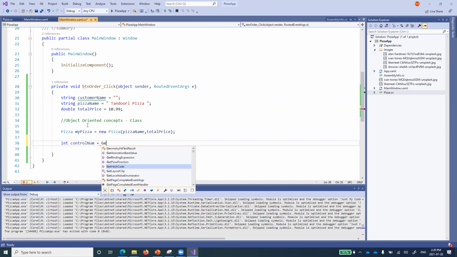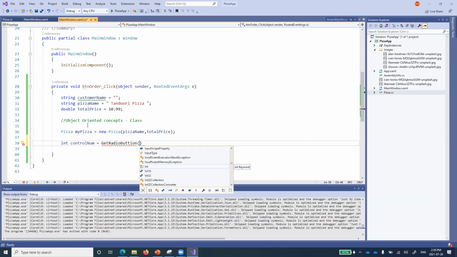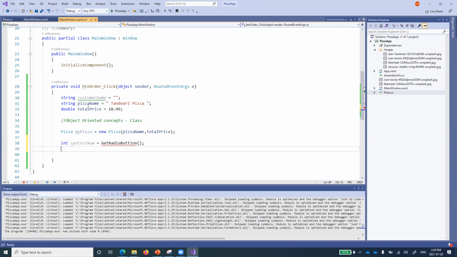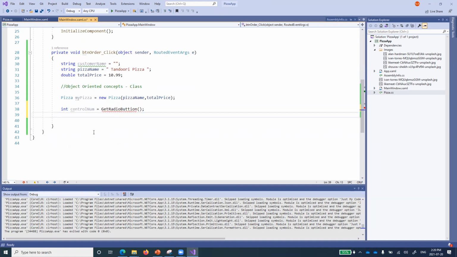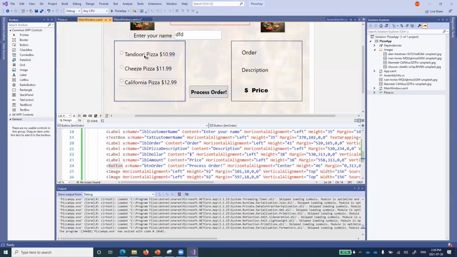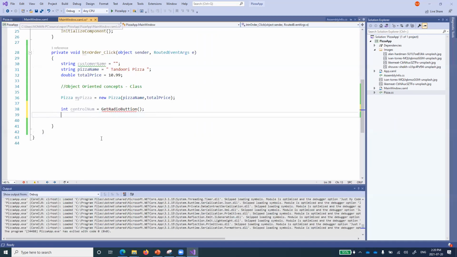And I want to see which radio button has been selected. For that, I will create a function. And interestingly, of course, there is no function. So it will just ask me that this function does not exist. What I'm doing, this control number will receive input from these radio buttons, that which one was selected, right? So this and that will come inside this control number.